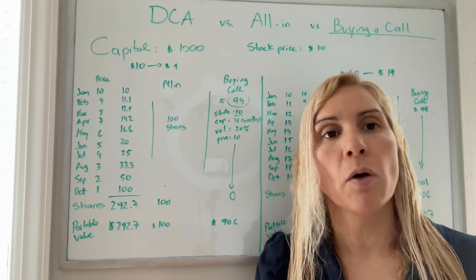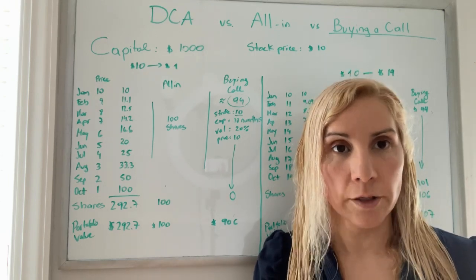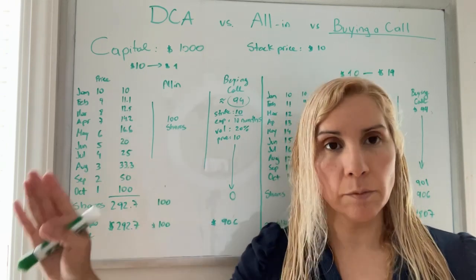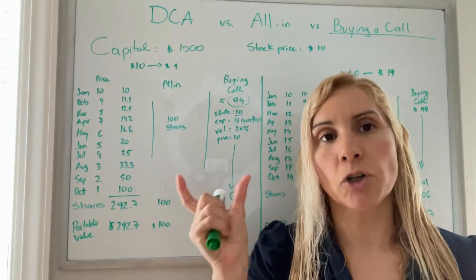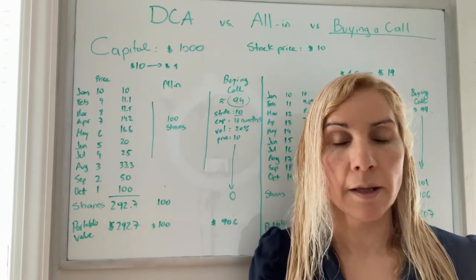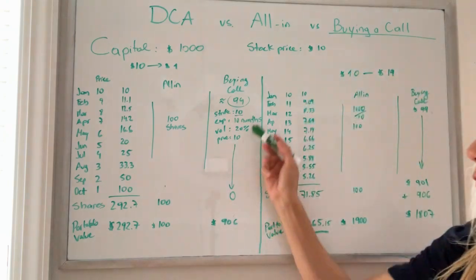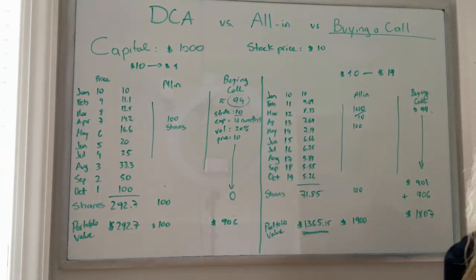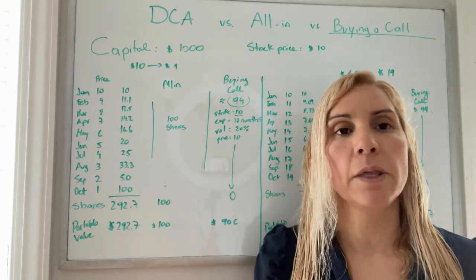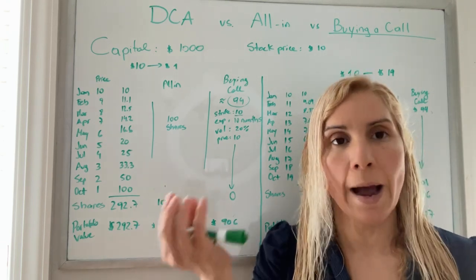And you can play around with the numbers to see what you are going to get. But basically, that call that is going to expire 10 months from now, that is currently trading at the money, and the volatility is approximately 20%, will cost you $94. That means that from that $1,000 in capital that we have, we're going to be deploying $94 to buy that